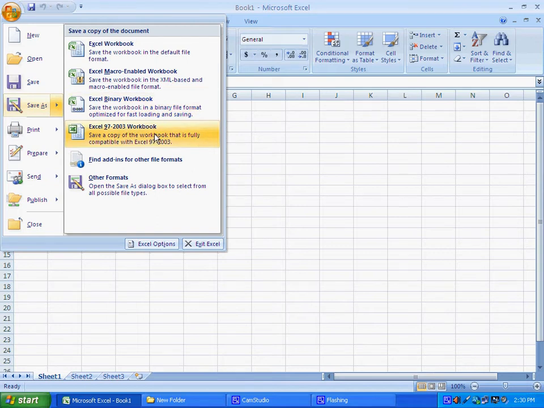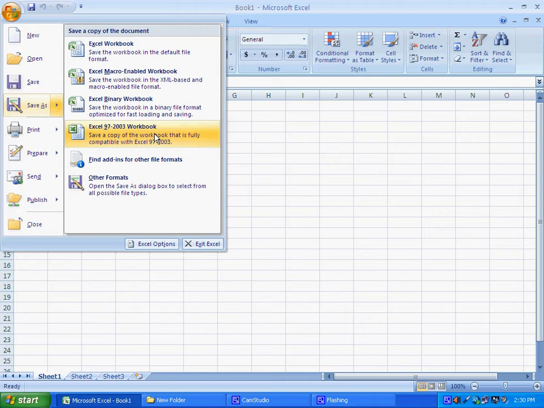For saving your document in Excel, you should always use the Excel 97-2003 format. This is the compatibility format, and you should always save your document in this format, because this compatibility option is available in Excel.